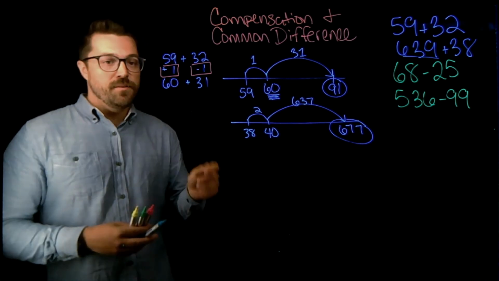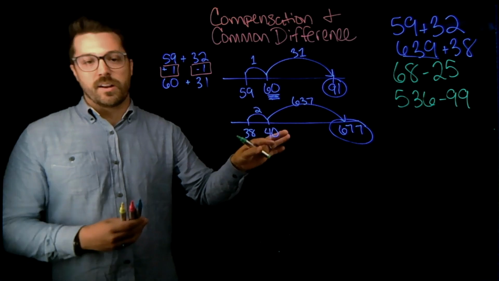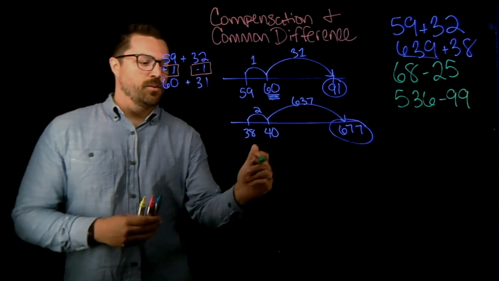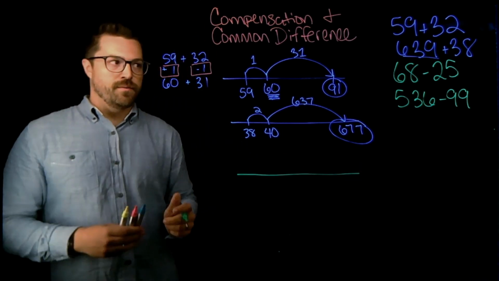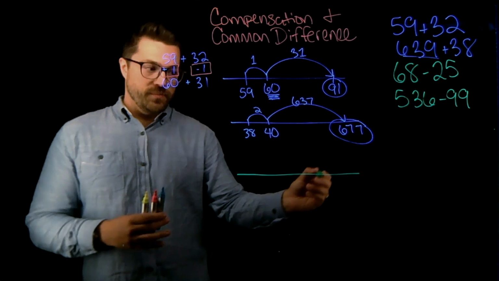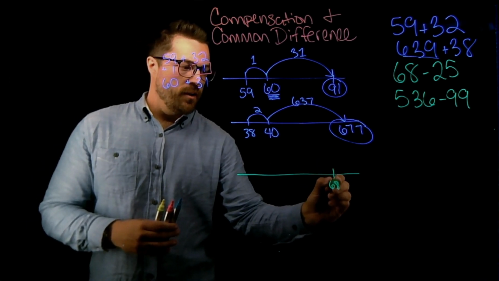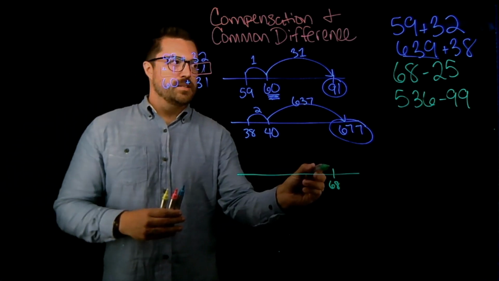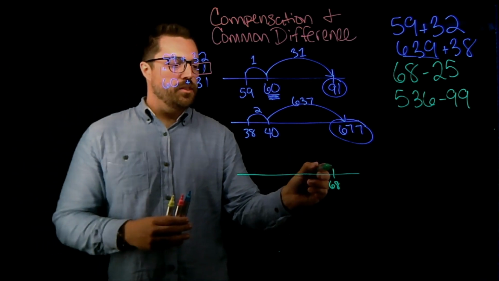The common difference strategy, very similar. Now we're dealing with subtraction. So we'll start again here with this first grade example, subtracting within 100. So 68 minus 25. So I'm going to put 68 over here. And instead of thinking about, let's say, jumping back 25, I'm going to think about